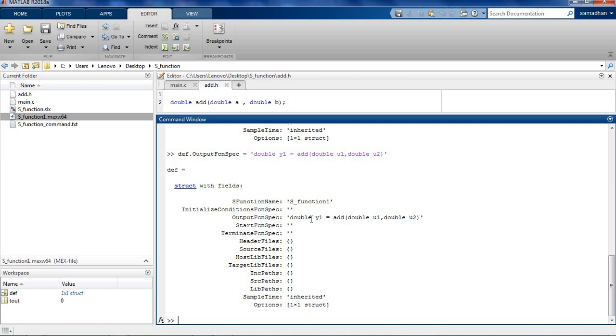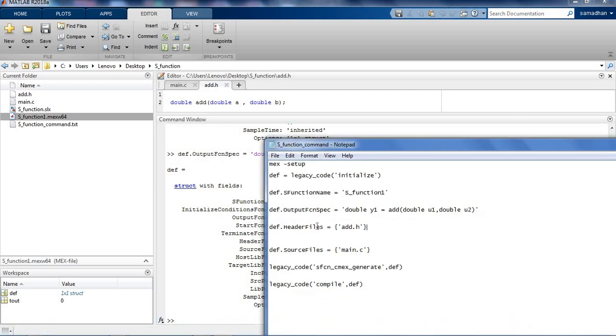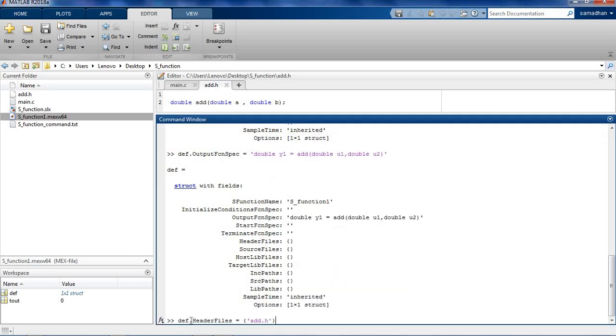See, here the output is equal to function name and their arguments. Then I am adding the header file. So my header file name is add.h. So I am adding the header file here. Okay, the header file is added, add.h.